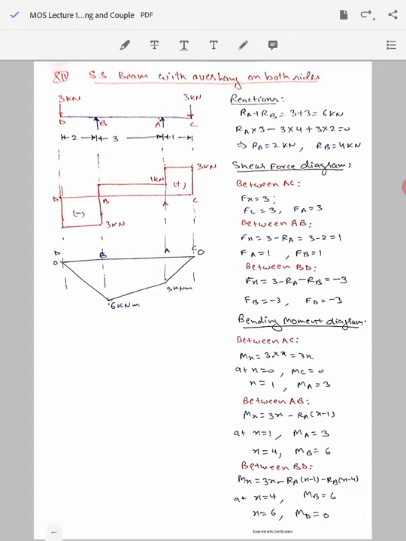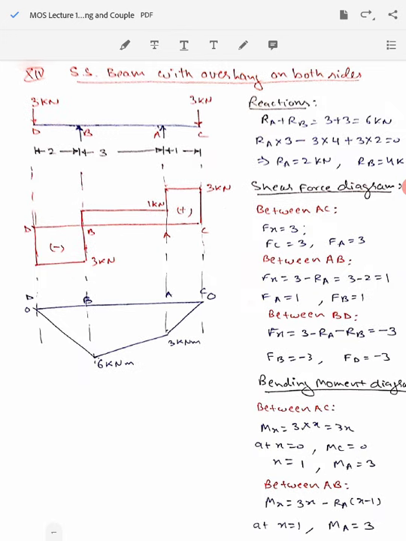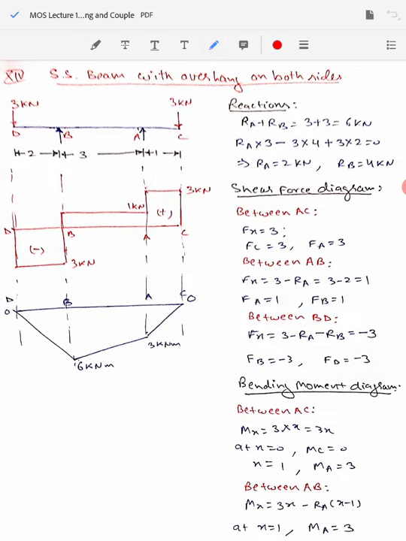Now we will draw this bending moment diagram here using these values. So from 0 to 3 kilonewton meter, then 3 to 6 kilonewton meter, and finally to 0. If you see, this beam will bend or flex in this shape, and as per the sign convention we have taken, we assume this drooping shape to be negative, so I have drawn this bending moment diagram on the negative side of the reference axis.